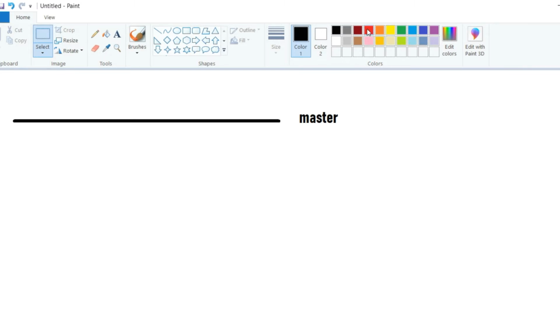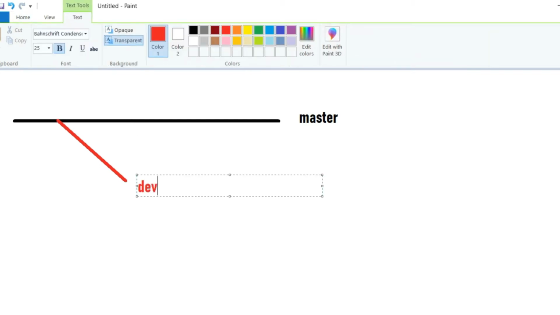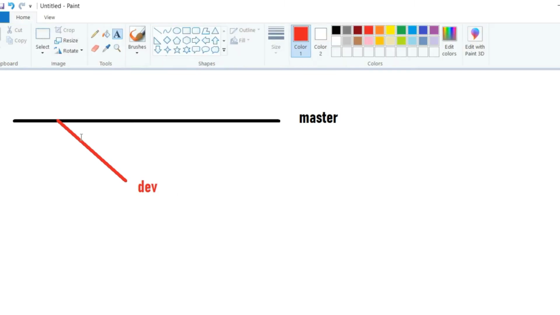So I will create a branch from the master and give it a name, suppose dev. This branch is basically an exact copy of the master branch. When I create the dev branch, it will make a copy of master and keep it under the dev branch name.